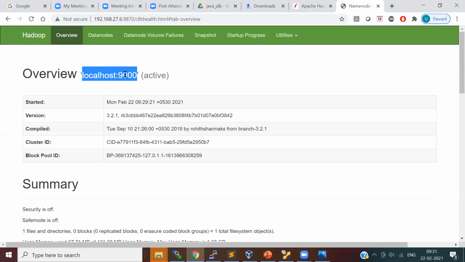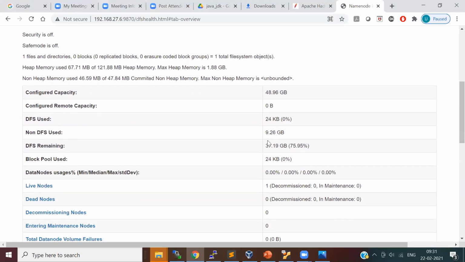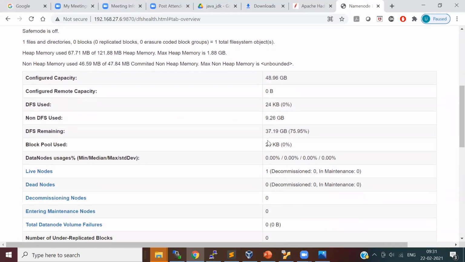That is 9000. When we set it in core-site.xml, we set the name node port number as 9000. That's what it shows here. This 9870 is just a web port. This application runs on the server using this web port, which is also the default port number 9870, and it shows some statistics about your node.